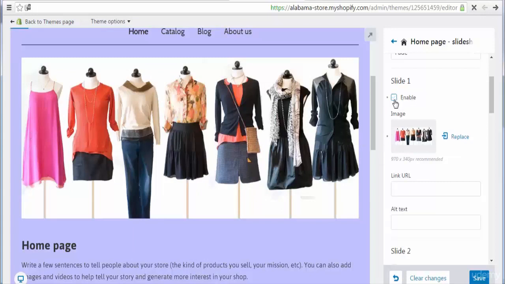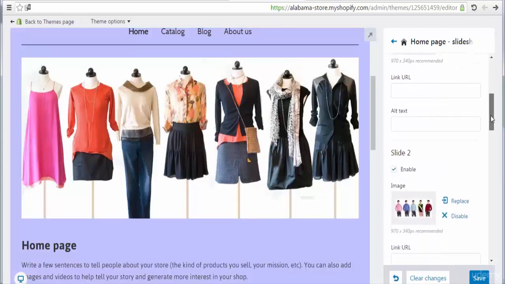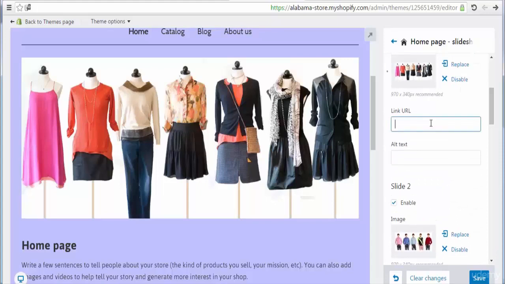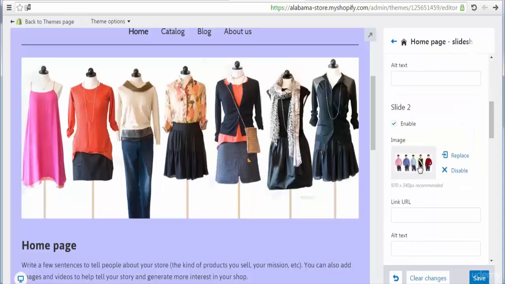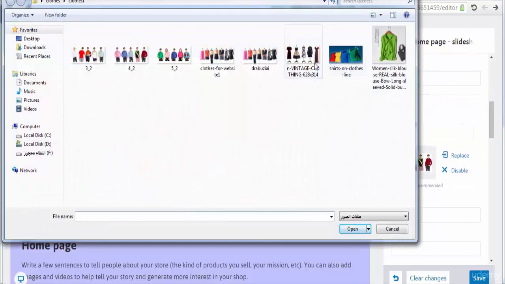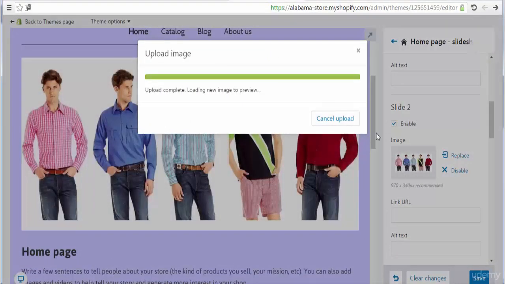Also, we can enable or disable any images in the slider. So this is slider 1. Also we have the ability to add a link URL or alt text to be shown when your mouse comes over the slider. Let's scroll down. Here I'm going to choose a different image, like this image. Okay, go to, okay,